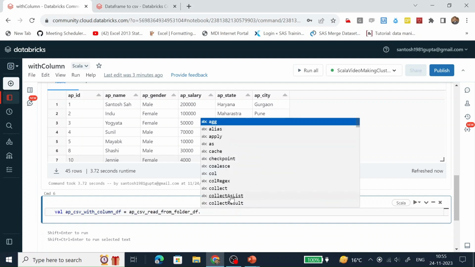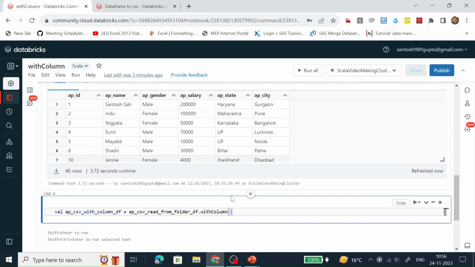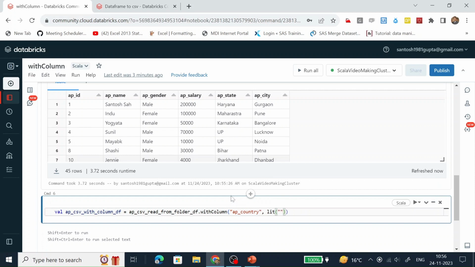On top of that, we can use the withColumn function. What is the name of the column? The name of the column is AP country. And how is it going to populate? It is going to populate with the lit function, and we are going to put one constant value, Bharat. Let's run it.